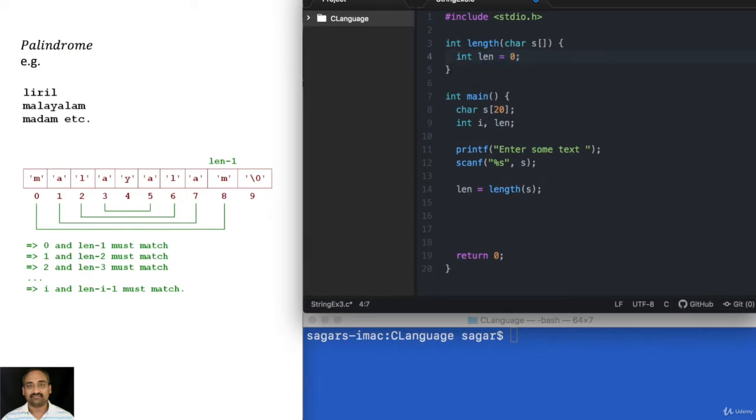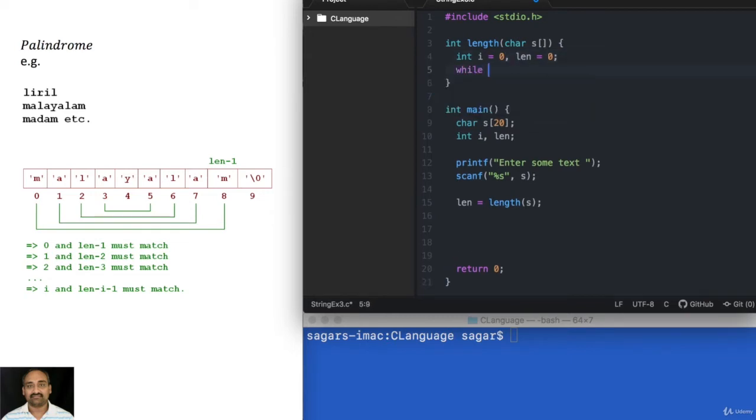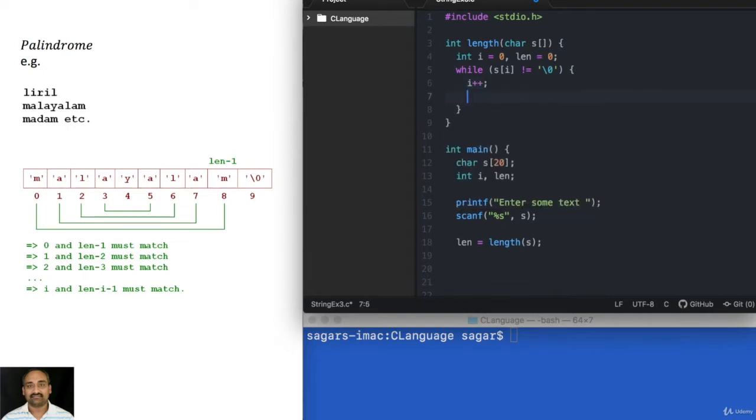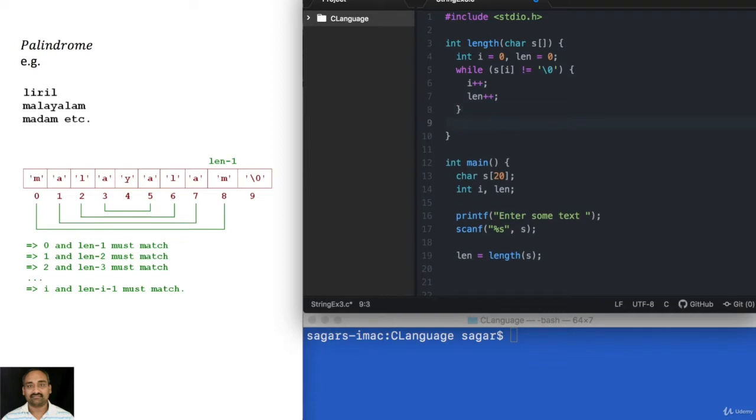In order not to confuse you, I will also make i equal to 0, while s of i not equal to slash 0, i plus plus and length plus plus. Finally you return length.